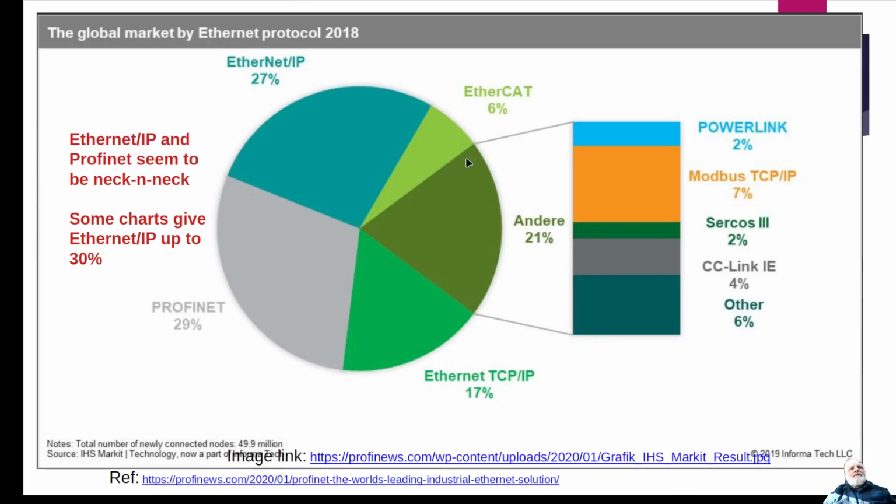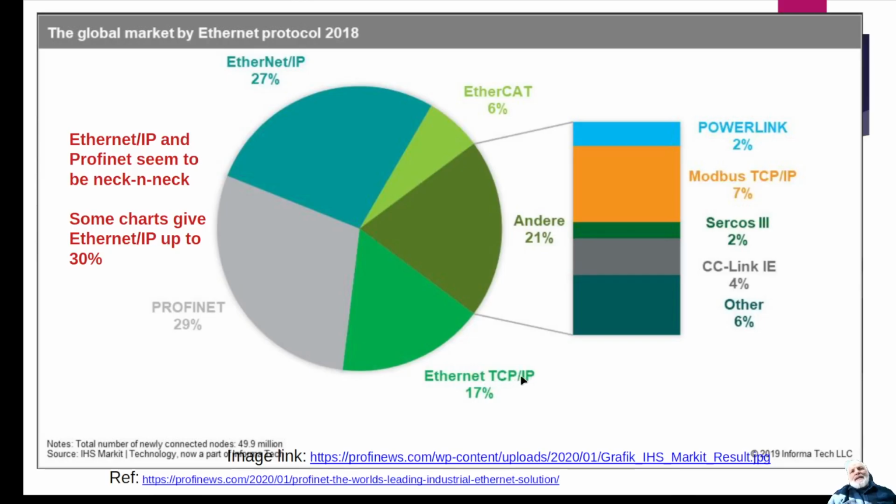All right, so here's just a chart. This one's actually kind of gotten old now. I need to find an updated chart of this, but back in 2018, about 27% of the devices on the network were using Ethernet IP, and 29% were using Profinet. 6% were using EtherCAT, and then some of them were just using Ethernet